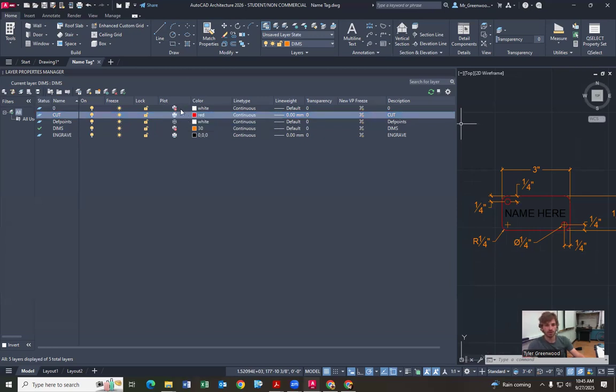And so I have the 0 and def points and dimensions set to not print. So I can print out my little name tag just fine with those on. After that, color. If you are using the laser,